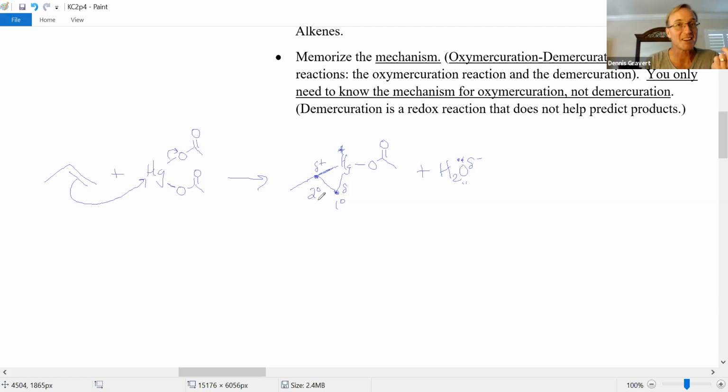The secondary one can release the electrons more and create more positive charge because secondary carbocations are more stable than primary. We saw that pattern already before. Nice, pattern's repeating. Okay, the secondary being more stable than primary carbocation tells us water is going to attach to the